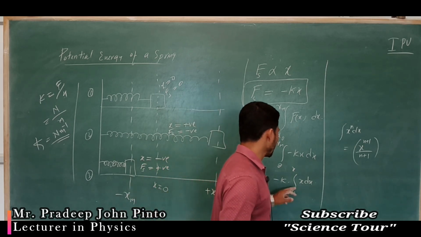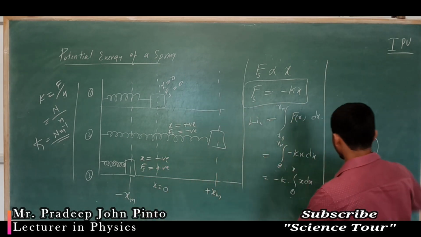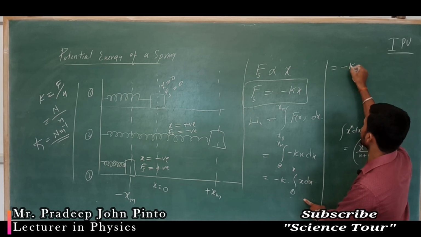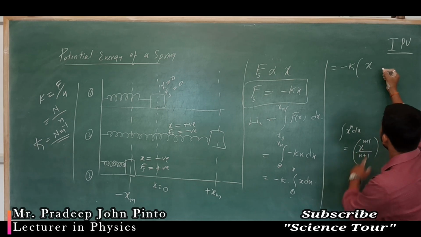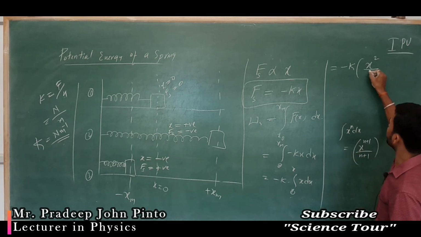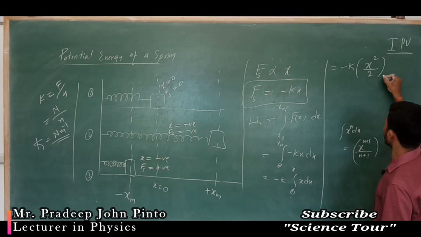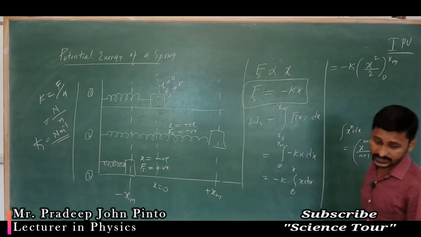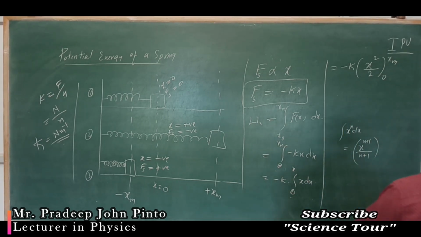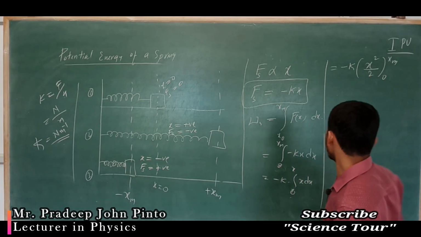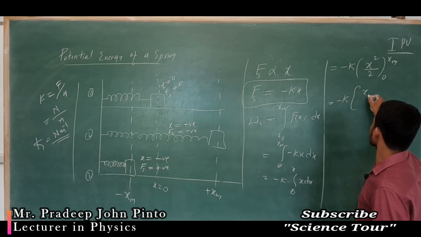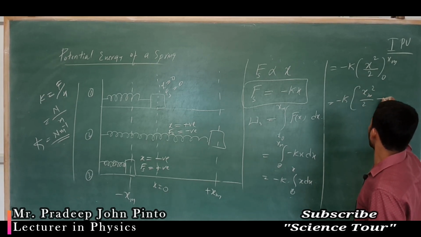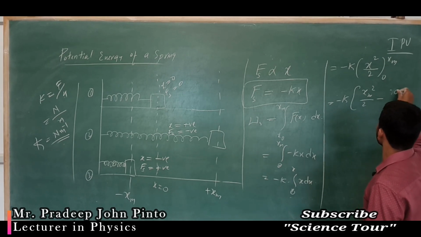So if I write down here, what am I going to get? Minus k, x to the power 1 becomes x to the power 1 plus 1, which is 2, divided by 1 plus 1, which is 2. From where to where? From 0 to xm. How do I apply the limit? In place of x I put the upper limit, and in place of x I put the lower limit. So minus k remains the same, xm square by 2 minus 0 by 2,